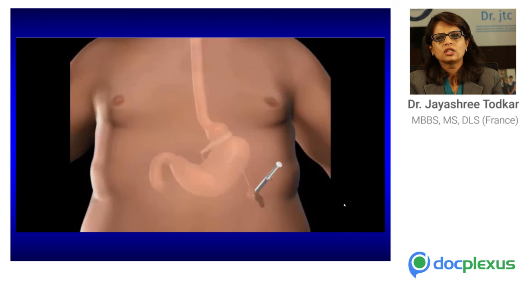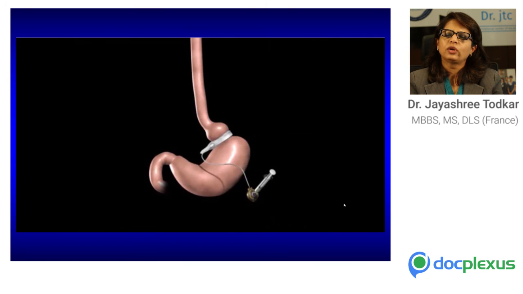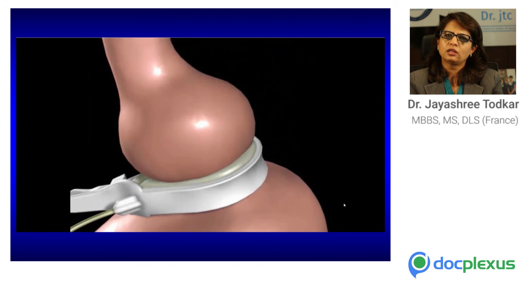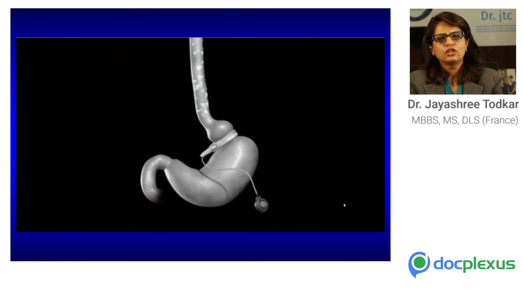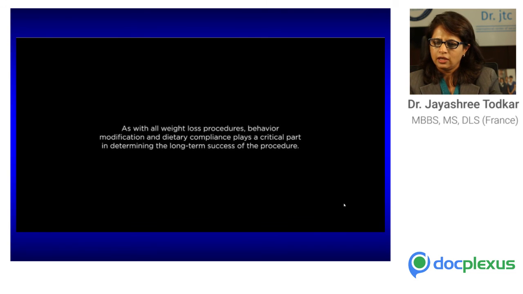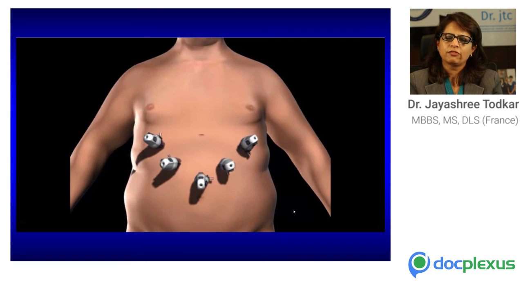Once they lose a certain amount of weight, the band tends to become loose and we need to tighten it. This reservoir placed subcutaneously is used to tighten the band. We fill it with saline up to a certain extent. This process needs to be gradual. There are many patients who may not need this tightening at all. This is going to enhance the hourglass action of the band, and this helps the patients lose weight in a significant way. In the band operation, we tend to lose almost 20 to 25% of excess weight in the period